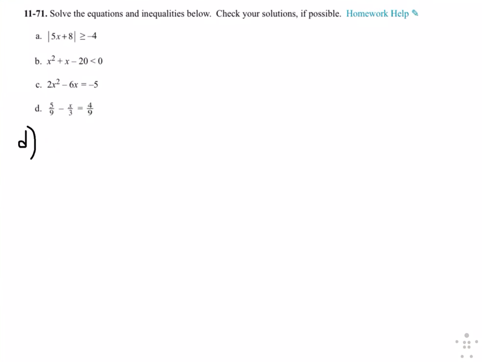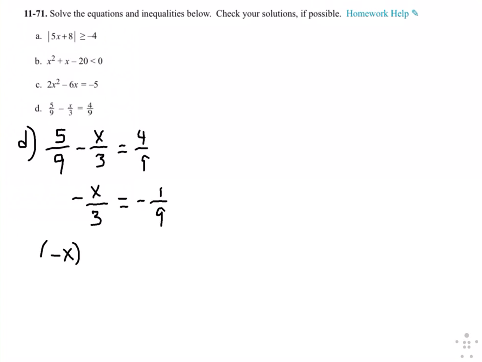For D, we have fractions: 5/9 minus x over 3 equals 4/9. I'm going to subtract 5/9 from both sides. So -x over 3 equals 4/9 minus 5/9, which is -1/9. So now I'm going to cross multiply. I get -x times 9 equals, cross multiplying here,